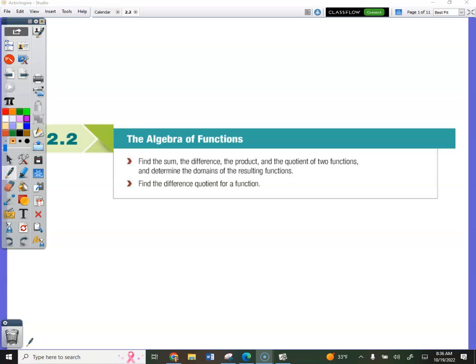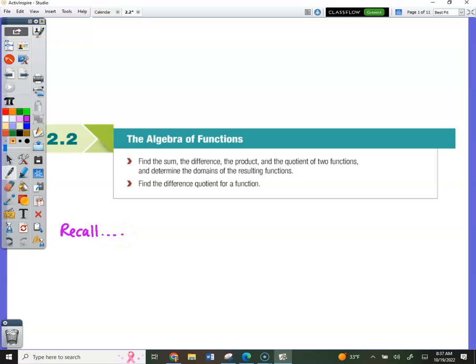However, domain, I know a lot of people don't like domain. I think you're starting to get better at it or maybe more comfortable with it. Domain is still in here. This is not the domain of the graph. This is the domain of looking at the function. So you need to recall